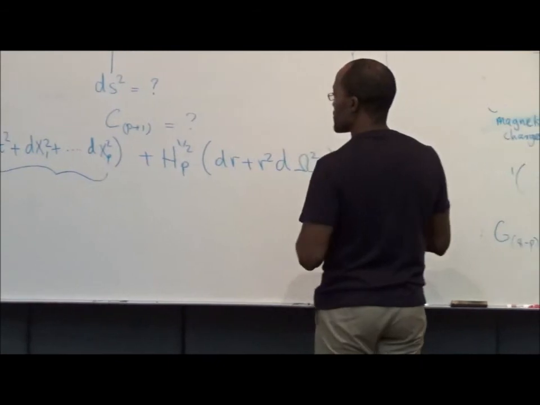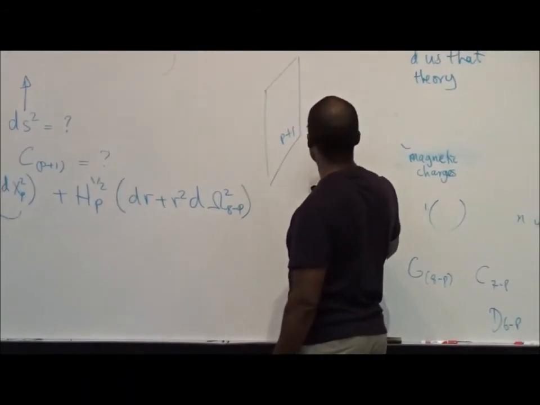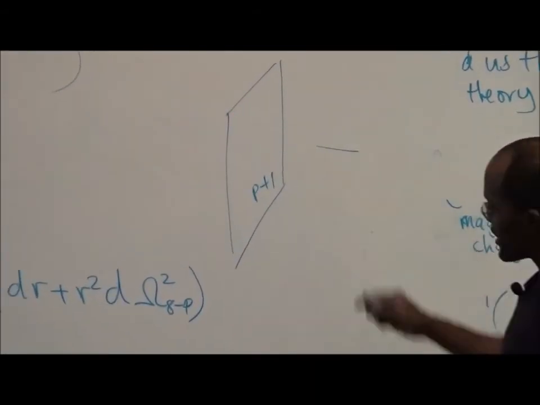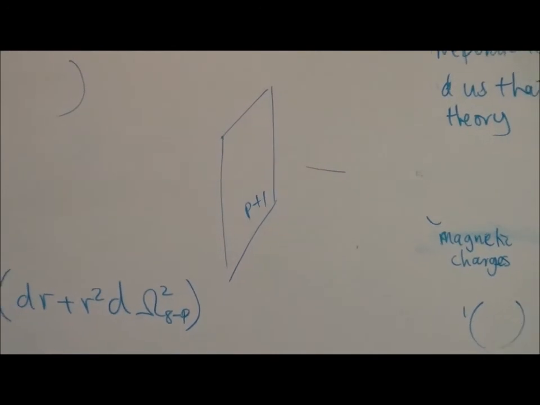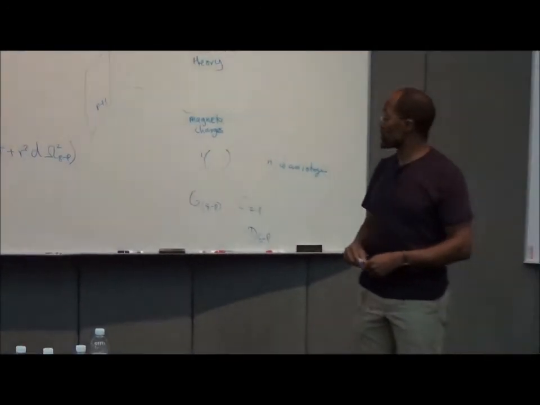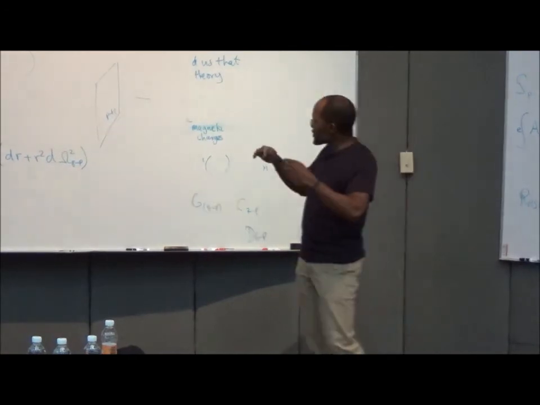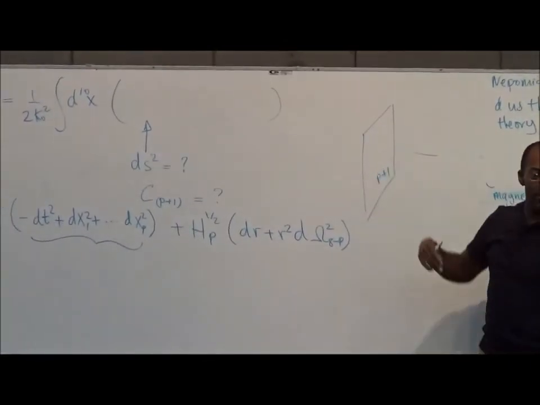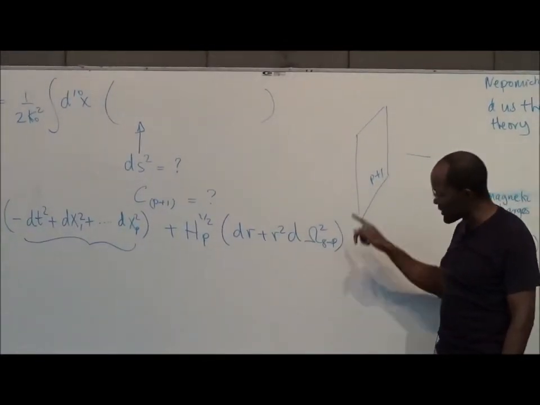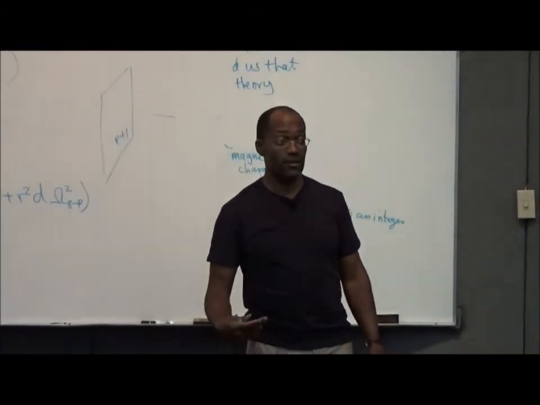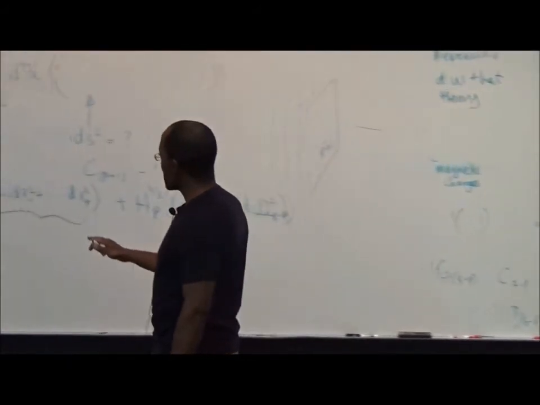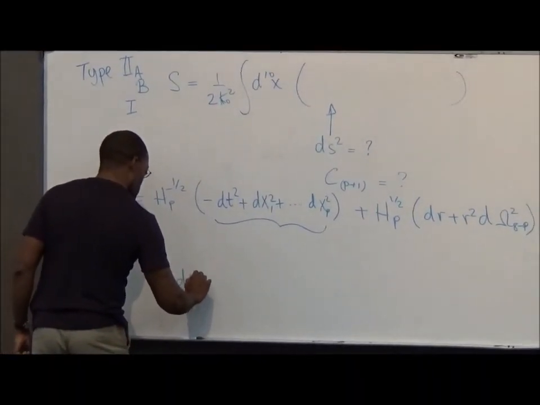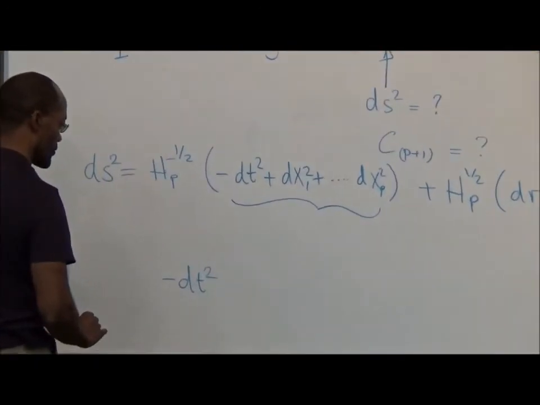Now the transverse stuff, if you think about it, we've already talked about it. The transverse stuff is transverse, and all I'm doing is writing polar coordinates in that transverse set of coordinates, because the whole thing is spherically symmetric, in the sense that if I think of this as a point in the 10-dimensional space-time, then I would surround it by an 8 minus p sphere. Right? So just to orient you, let me remind you what you would have done in the case of, say, the Schwarzschild black hole,